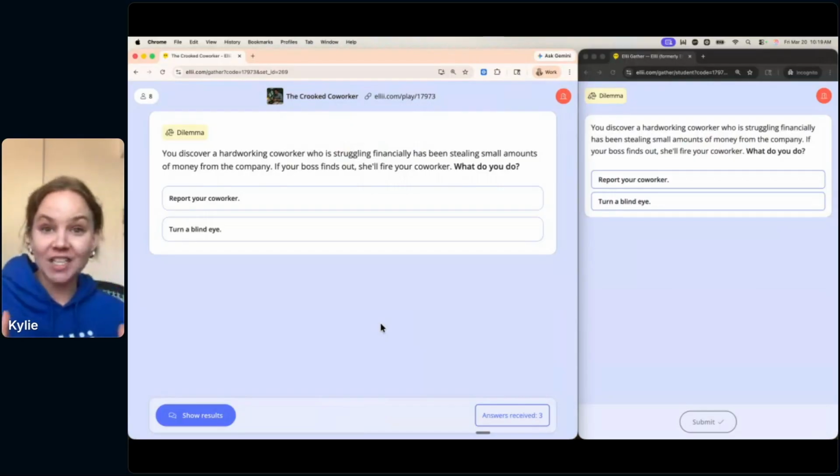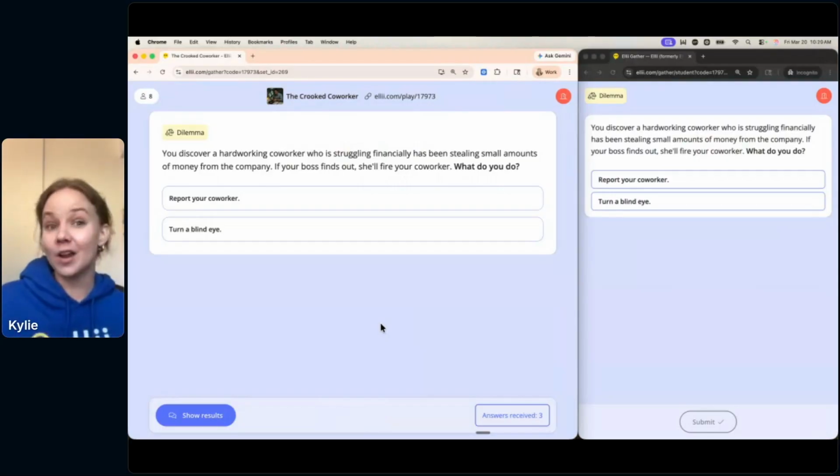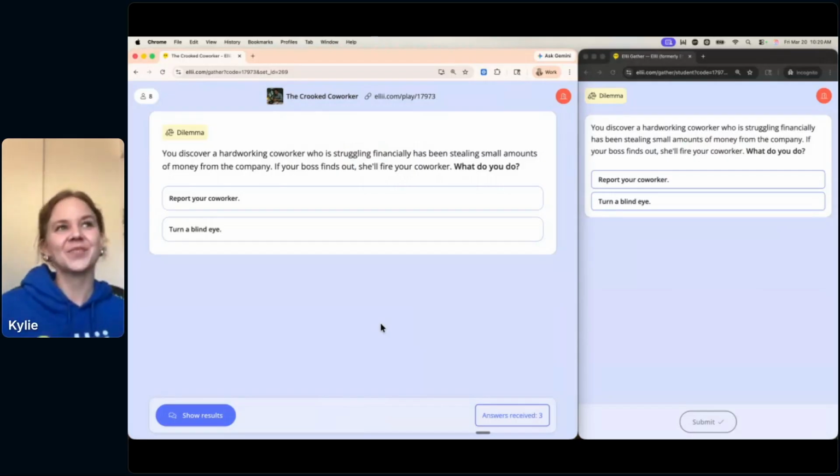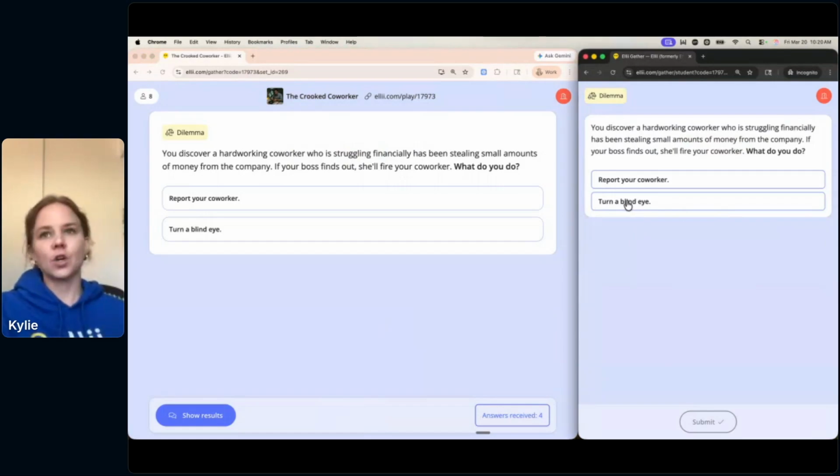So this is intentionally supposed to be tricky for students. There's no really one right answer, or maybe in your opinion, there is one right answer here. And so students can respond with what they would do. And you'll notice when students respond, like if I, as Amanda, say, turn a blind eye, for example, and submit,